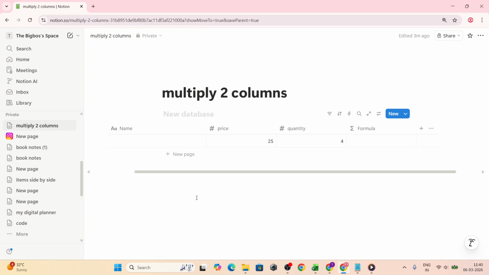In today's video, I'm going to teach you how to multiply two columns in Notion. If you are tracking anything like sales, inventory, or event counts, being able to multiply two columns is a simple way to get instant totals per row. In this walkthrough, we'll multiply a price column by a quantity column to create a running total for each item